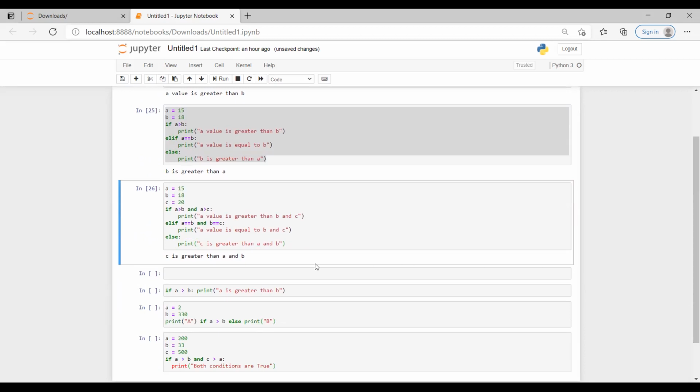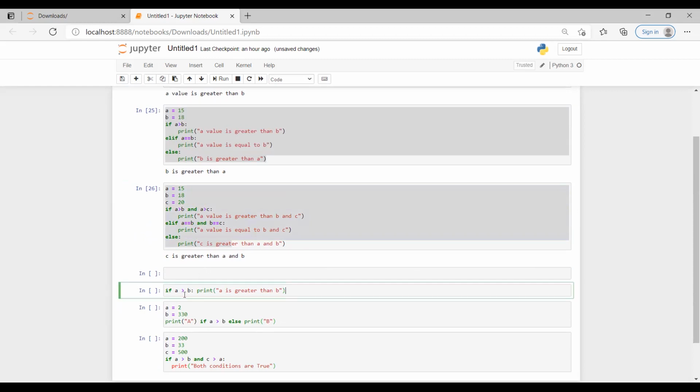There are cases where you can write all this within a single line of code. If you look here, if A is greater than B, I am writing the same code within one line of code. If A is greater than B colon, here I didn't provide any indentation. Instead, I just mentioned what I want to do, since it is only one line of statement.